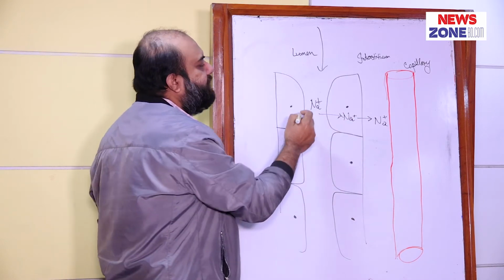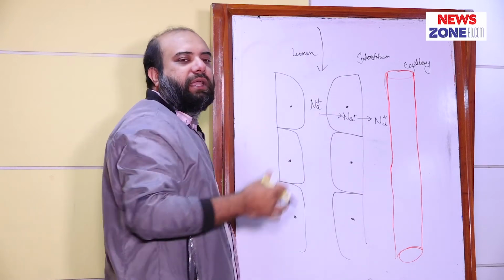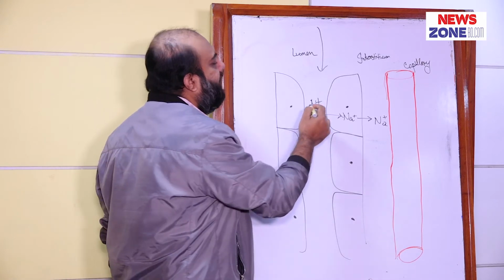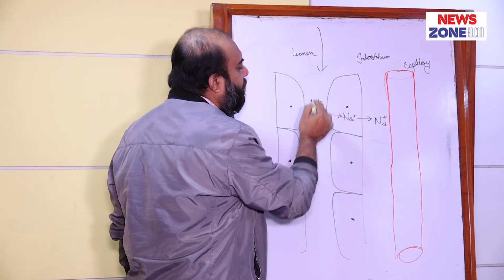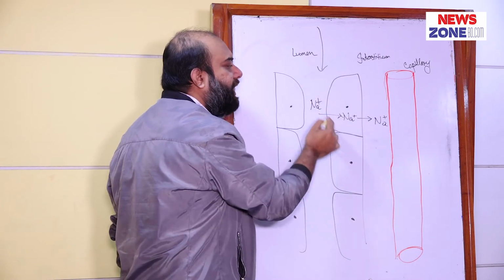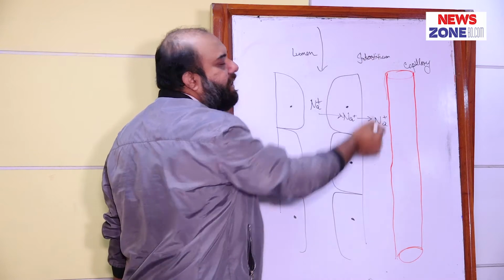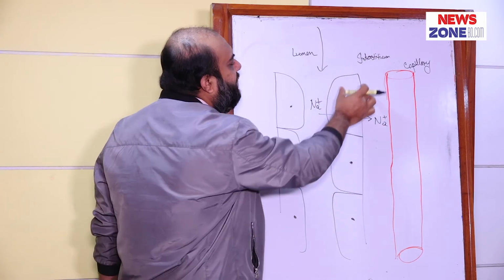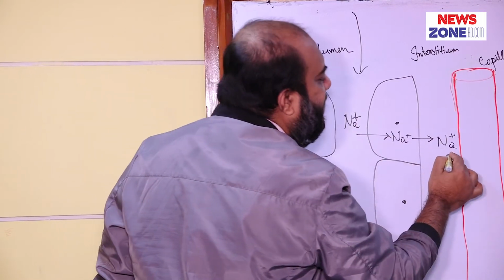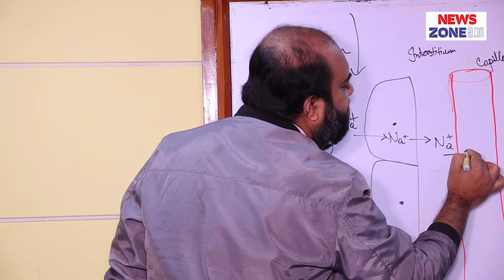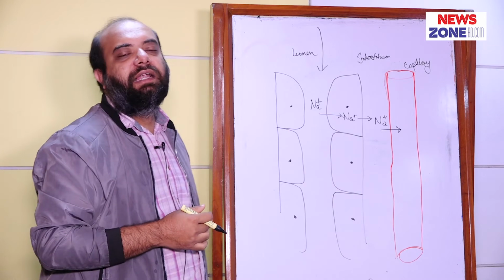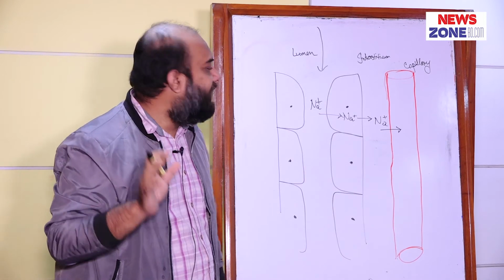So we can tell sodium ion comes into the lumen from glomerular filtrate, and then it will go from the tubular lumen into the renal tubular epithelial cell, and from the renal tubular epithelial cell it will go into the interstitium, which is situated in between the renal peritubular capillary and the renal tubules, and then this sodium ion will travel into the capillary system, and then the ultimate journey will be the end.